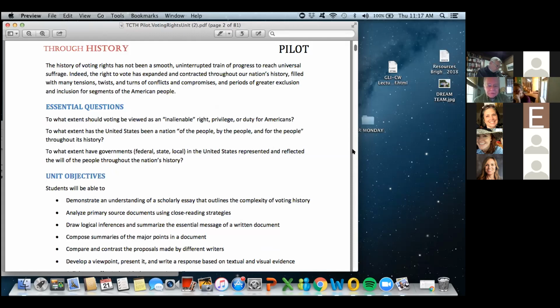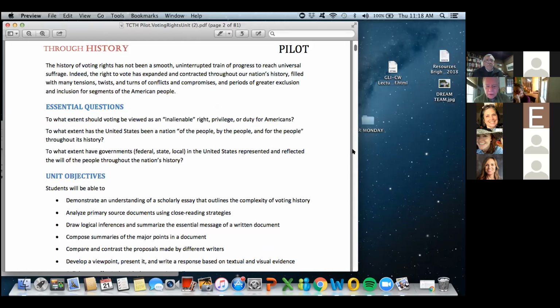And the evolution is that from the beginning of the country down to the Voting Rights Act of 1965, which is in the final lesson in this unit, the federal government has played an increasingly dominant role. So after the Civil War, with the 14th and 15th Amendments, with giving women the right to vote, with the 19th Amendment giving people 18 years of age or older the right to vote.